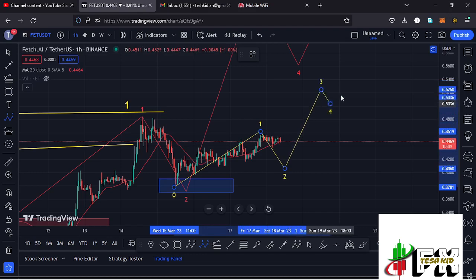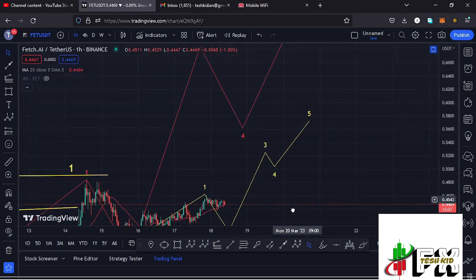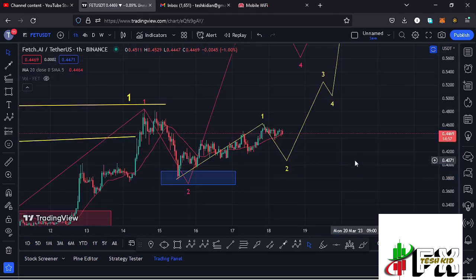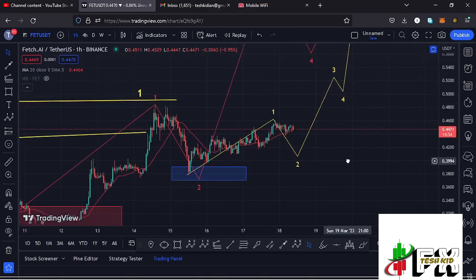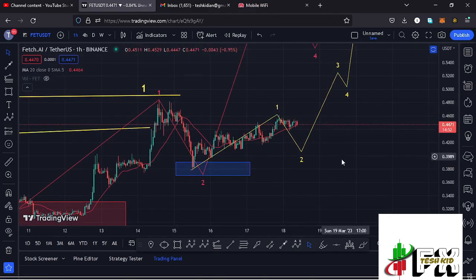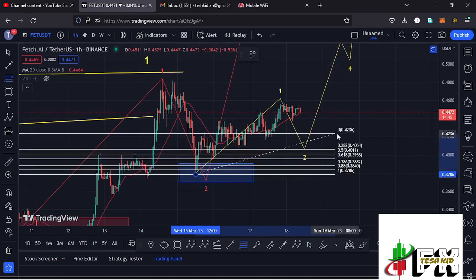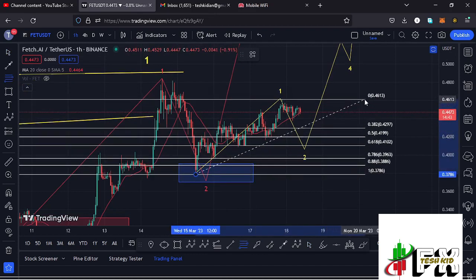Then expect a wave 4 and then our wave 5 to fully maximize our target area up here at around the $0.6835 mark in the formation of that wave 3. So that is what we can expect here on the short-term scenarios. And in case the breakdown continues, I can give you a target area in the formation of that wave 2 by connecting the Fibonacci's from the low of the first wave to the high of that wave 1, then